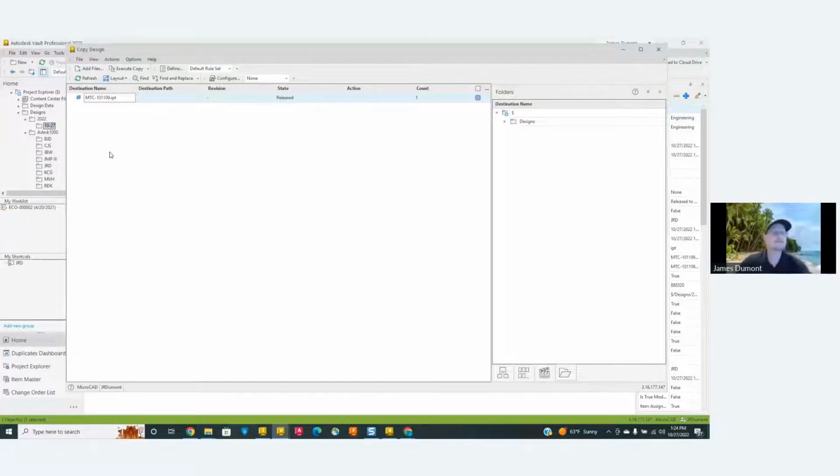Now, if I right-click and do copy, you can see it has a prefix, Copy of. If I choose to, I can come in here and change this. I can change all of this to, let's say, Julian is doing this one. So this looks good, and all I have to do now is hit Execute Copy. This is much better than what we were doing in the past. So I'm going to execute copy.